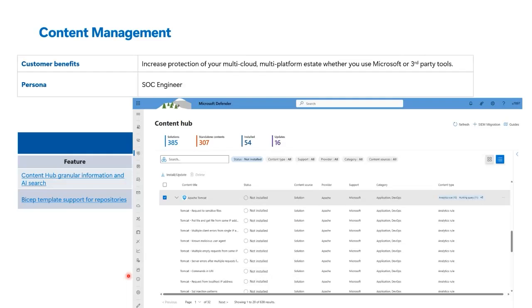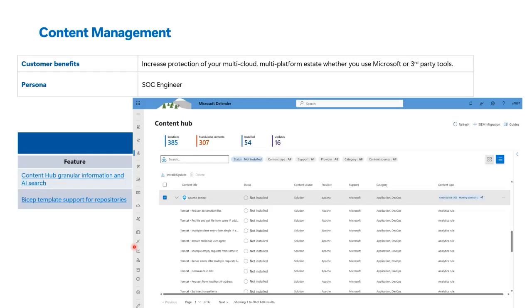You could see in the screenshot over here, I have a solution that I have not installed, but by clicking on this arrow to expand this solution, I'll be able to navigate and explore what the content is underneath that specific solution. So this will be nice and easy for me to have a look and navigate what's in there before installing. And besides that, the search